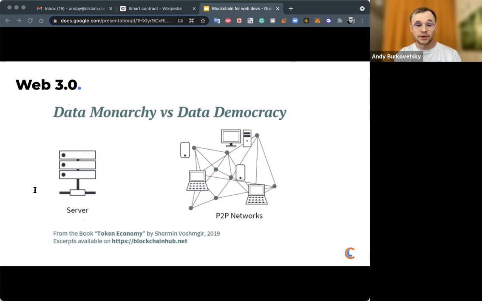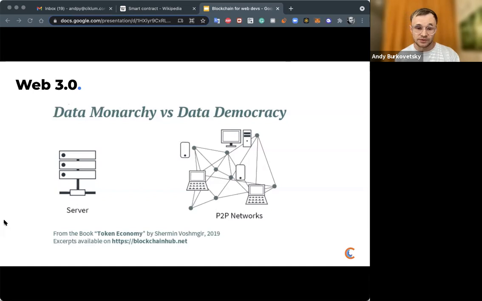So what benefits does it give you compared to the classic architecture? It becomes really hard to ban some players or your data, your personal data. For example, for Instagram or Facebook, it's really easy to limit access to something or ban you, because the data actually belongs to them, not to you.